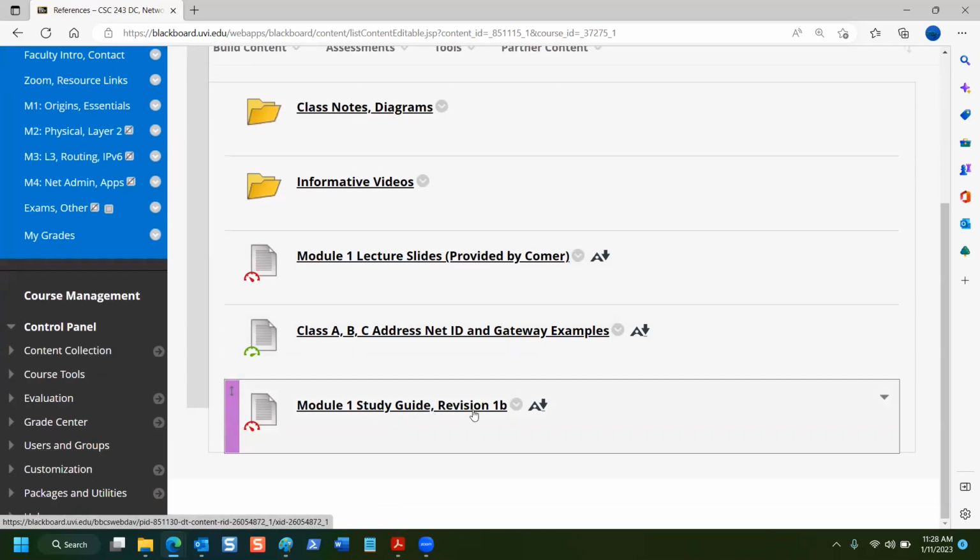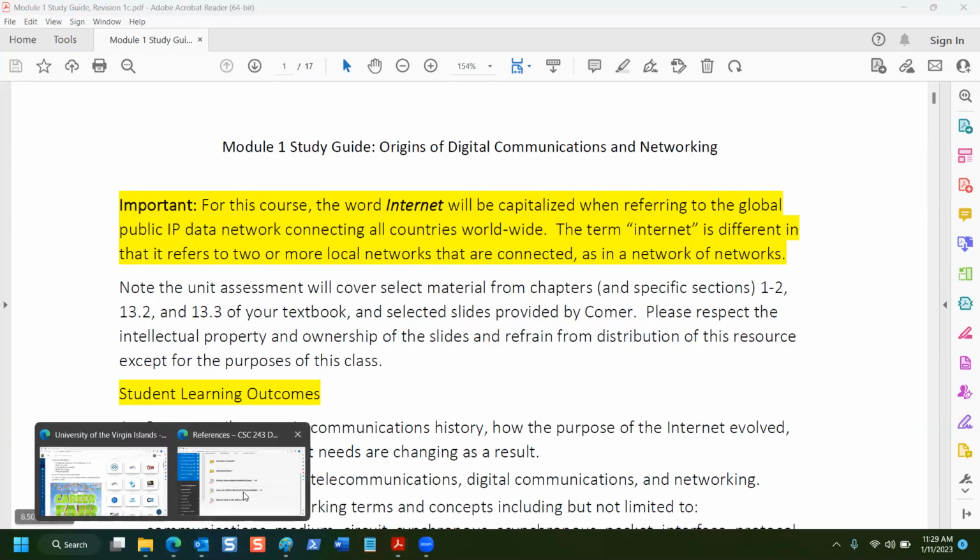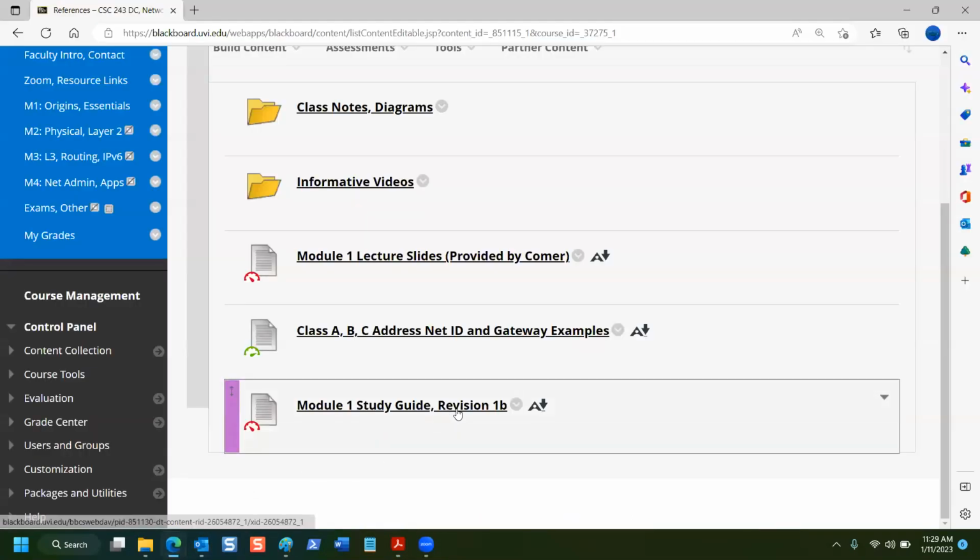Now, do you see here what revision I'm working on? Revision 1B. But what am I using here? 1C, right? So let's say that you just discover this. You're in Blackboard and you look and you go, oh, there's a version difference in Blackboard.